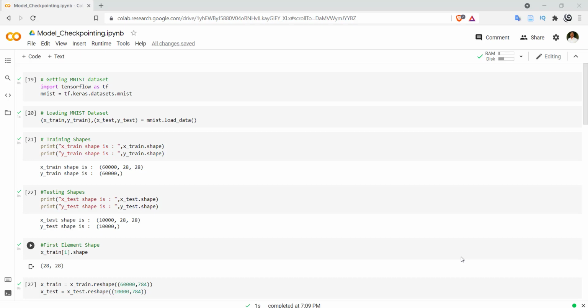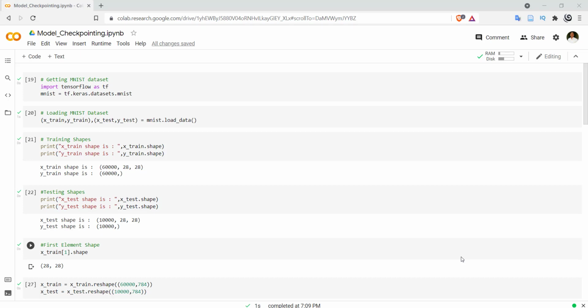And after that, none of the epochs has achieved that kind of accuracy and loss. So in that case, we want to get the sixth epoch's weights for further development. This can also be done with the help of checkpointing.